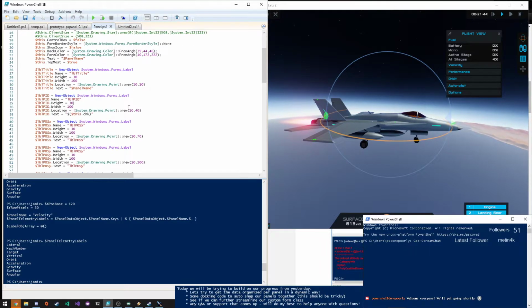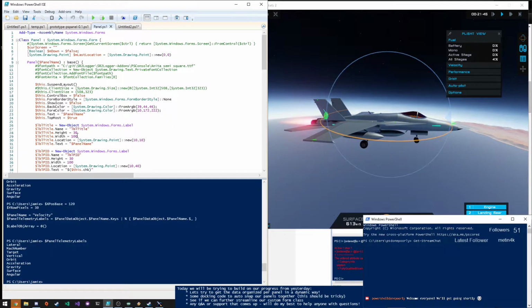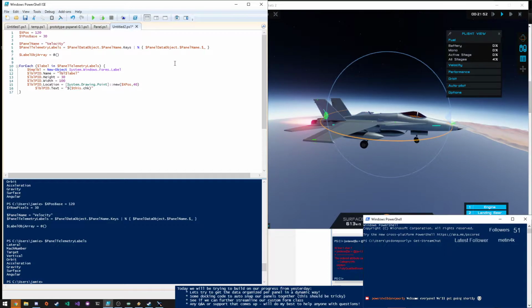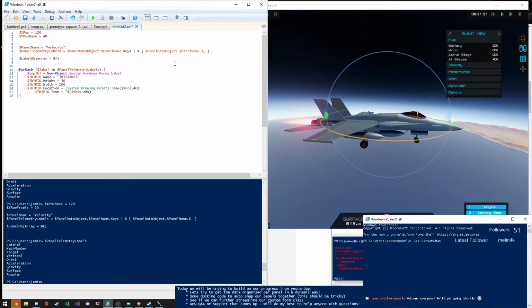let's see what the panel starts with. So the title is there. We don't want to start at the title. We want to start at 40. Okay, so Y position base is going to be 40. And $Y increment, Y anchor is going to be 30. So for each,